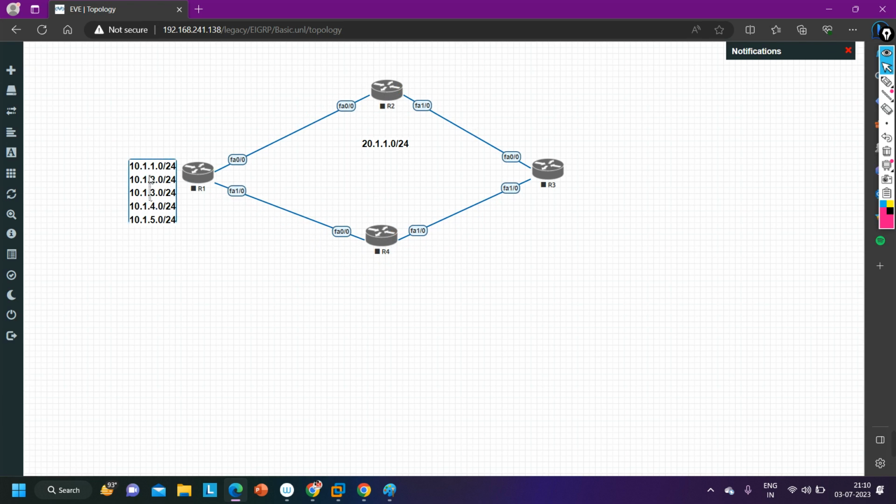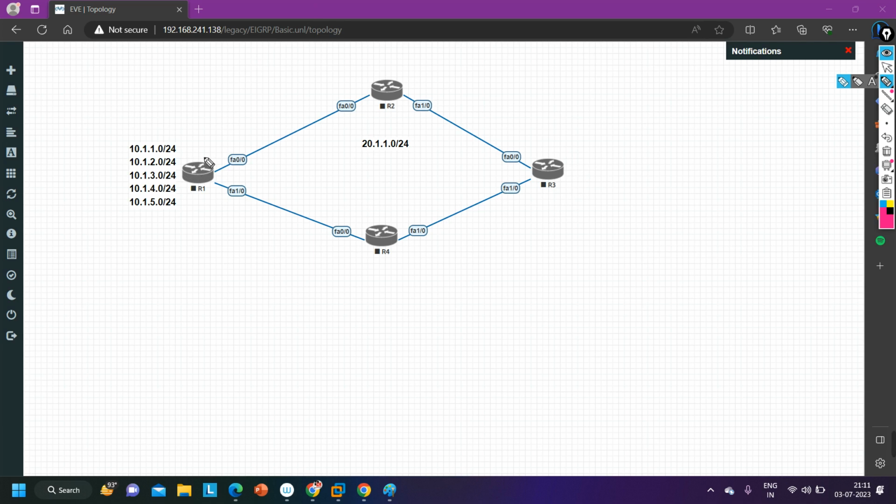Now say, for example, it may happen in real life that network number 3, that is 10.1.3.0, is not available on R1, but it is available on R3's loopback, correct? So if by mistake we do auto summarization or manual summarization, and we have a calculation mistake, then R1 will by default advertise that it has that 10.1.3.0 network, correct?